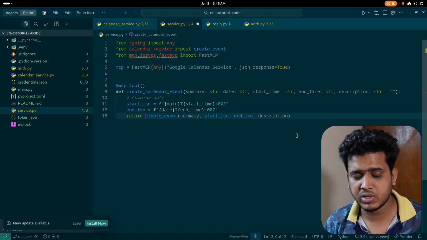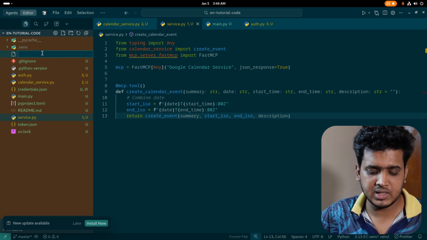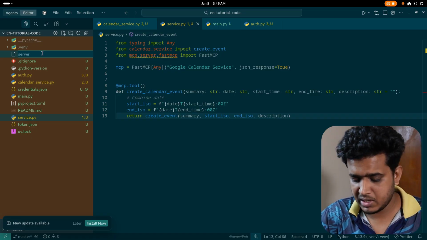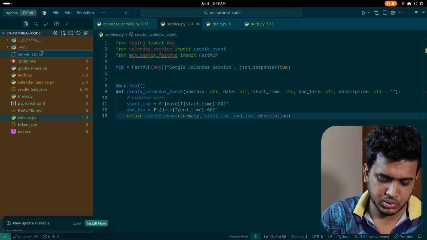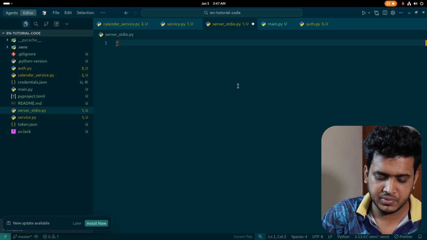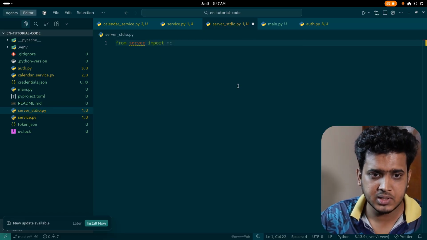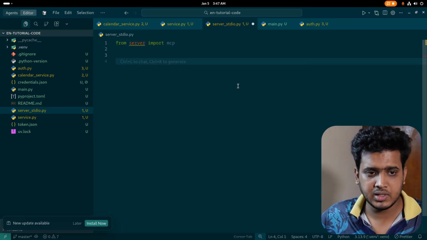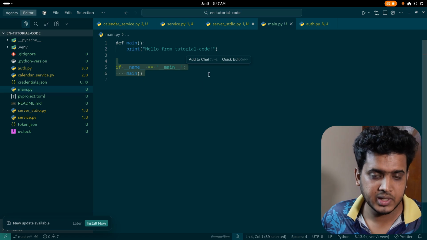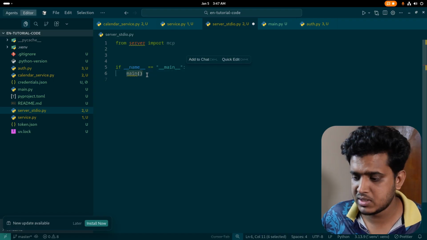I'm going to create another file to call this tool. I'm going to use the method of STDIO. So therefore I'm just going to name it server_stdio.py. Here I'm going to import MCP: from server import mcp, and then let me just copy this line from here and paste it here. Instead of main, I'm just going to make it